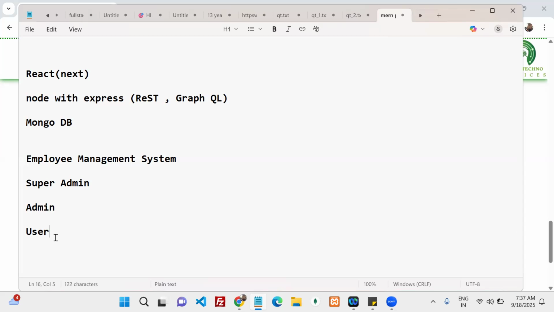So the next one: any other roles we need to add here? One is super admin, the next is admin, the next is user. Any other? Sir, admin will come under the organization. Yes, admin is nothing but the organization only.